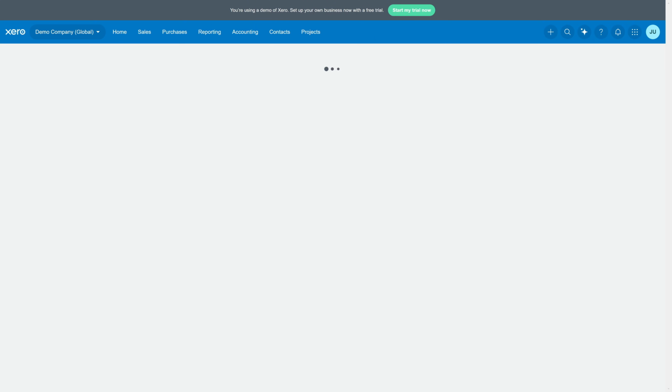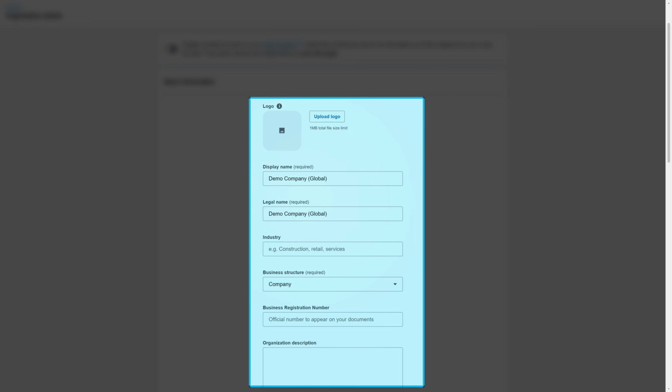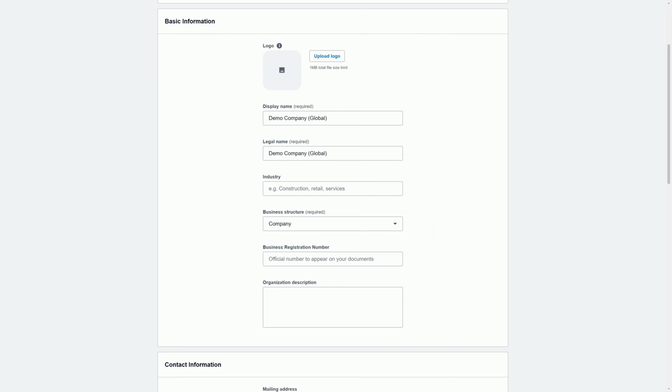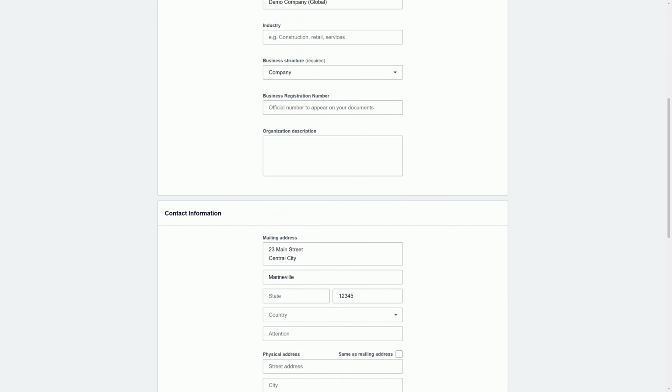Now let's set up the organization. Go to Settings, Organization Details. Upload your logos, optional but recommended. Enter basic information: display name, your business name, legal name, registered company name, industry, your business type, business structure, company,